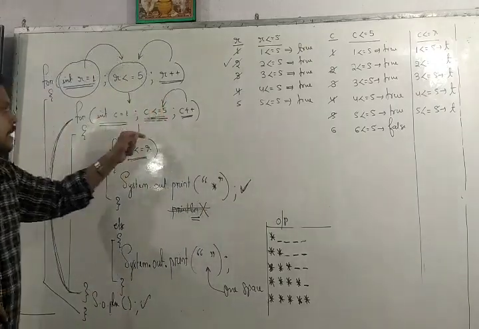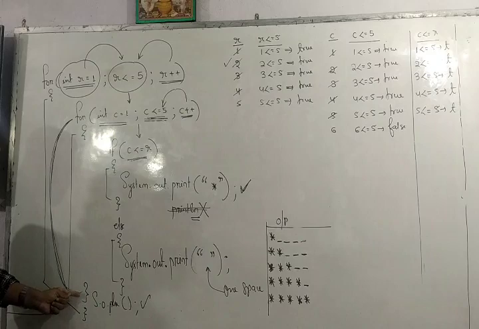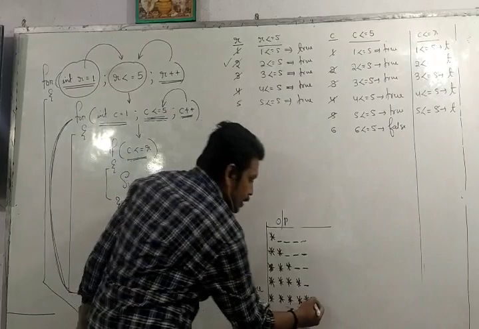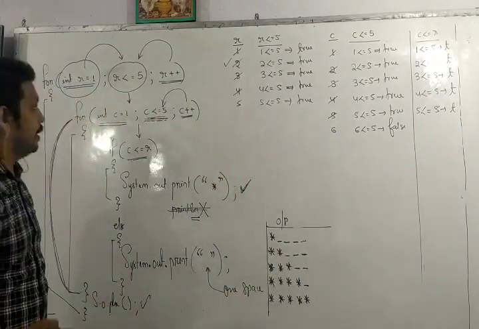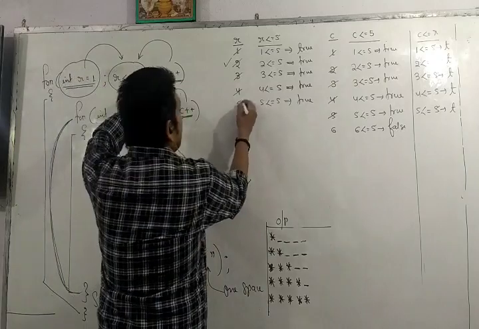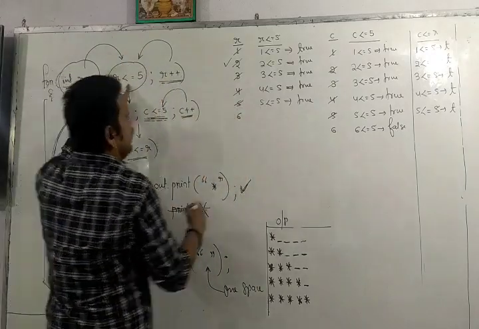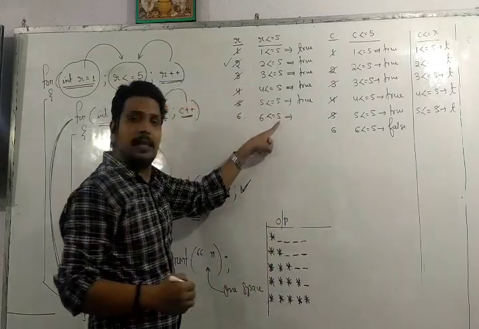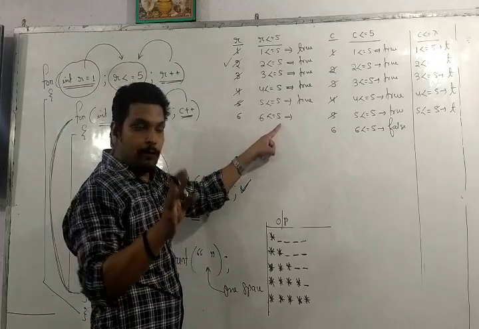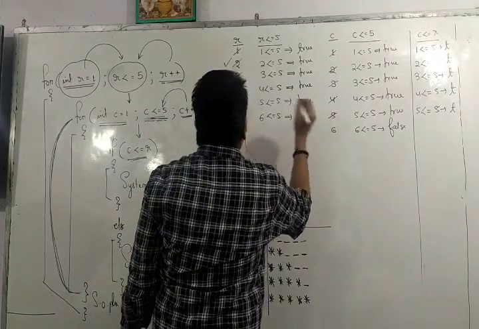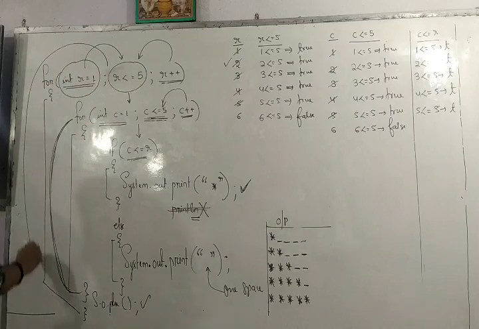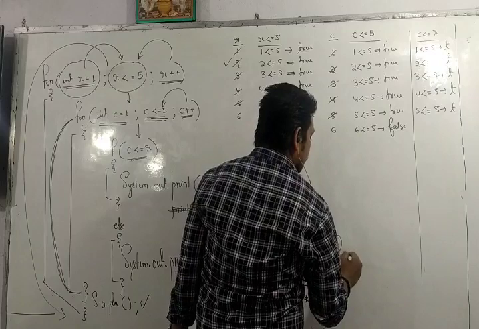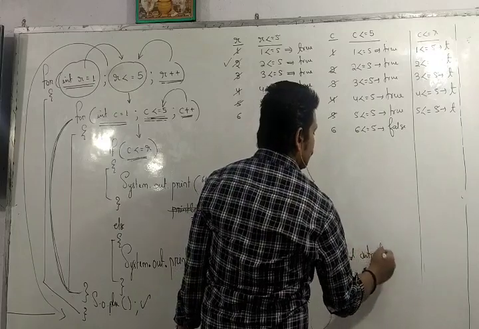If we are getting false here, then the control will come out of the body of inner for loop, and just after the inner for loop we have written system.out.println. Because of that, the cursor will move to the next line, and then the control will go to R++. So R++ is 6. Then again this will be tested. R value is 6 less than equal to 5. You tell me, 6 is less than 5? No. 6 is equal to 5? No. So it is false. And if it is false, the control comes out of the body of outer for loop, and this is our final output.